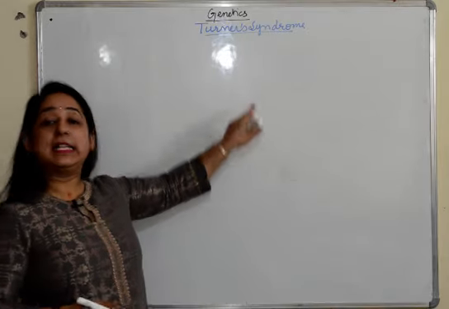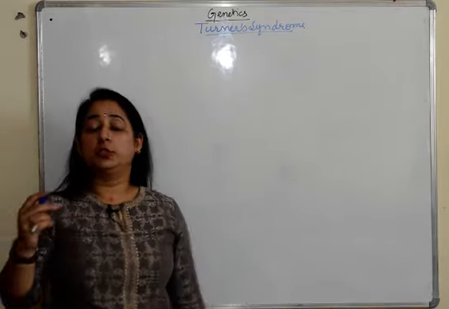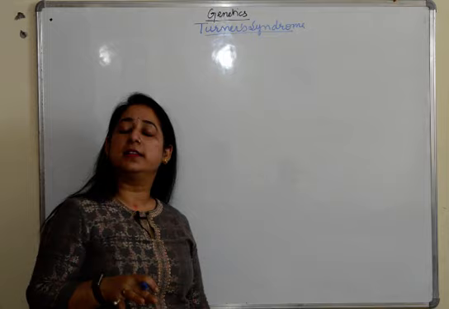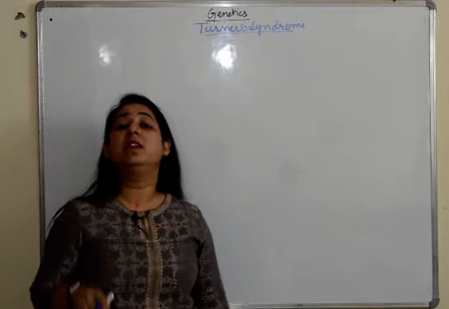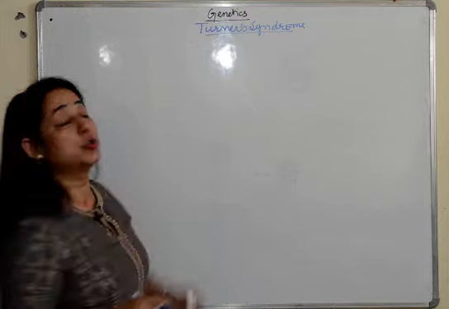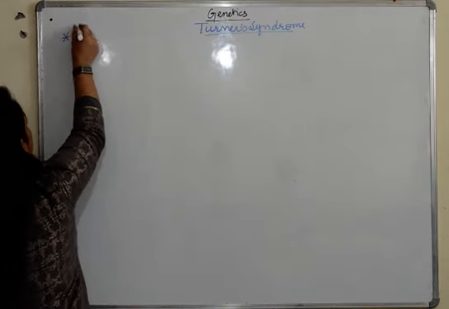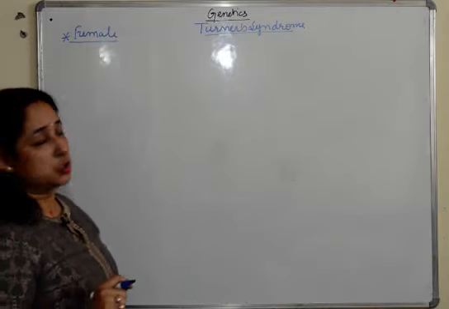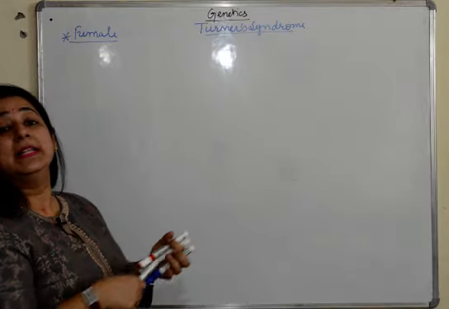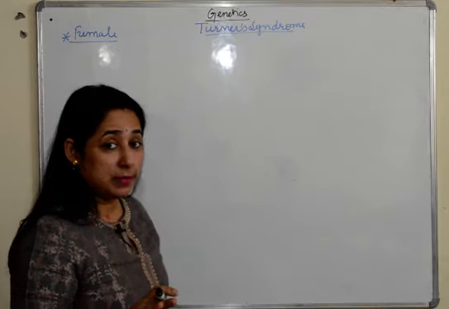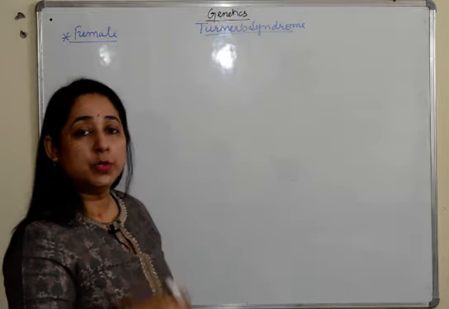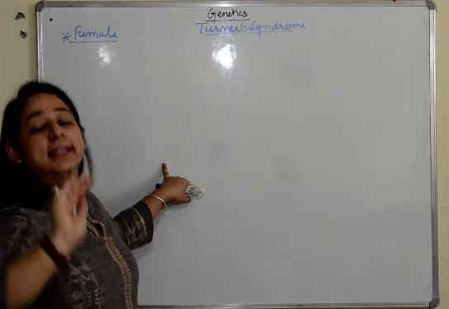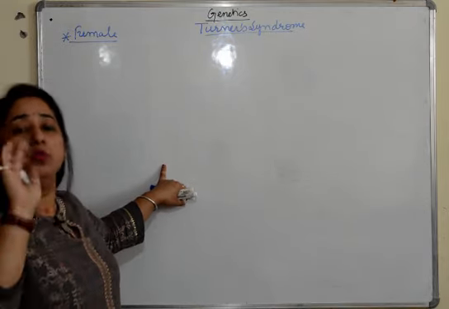Starting up with Turner syndrome, we'll first of all talk about the condition which it appears in males or in females. Like in Klinefelter syndrome, we saw that it's a normal male but with female characters. But here in Turner syndrome, it's a female, but yes, with certain disorders. So how do we express it? First of all, we'll see there is no additional chromosome here. As we have seen in the other two disorders, there were some additional chromosomes. Herein, there is no additional, a chromosome has been deleted. It is due to deletion or removal of a chromosome.